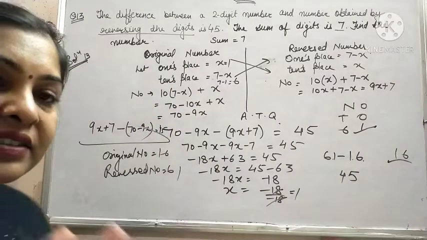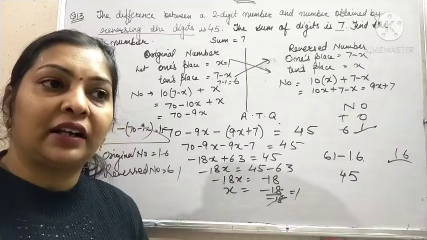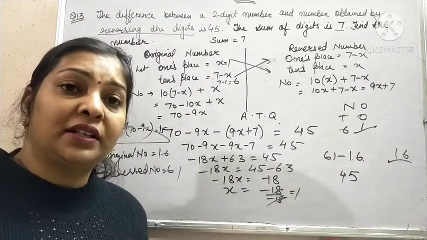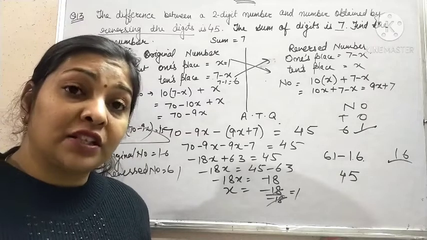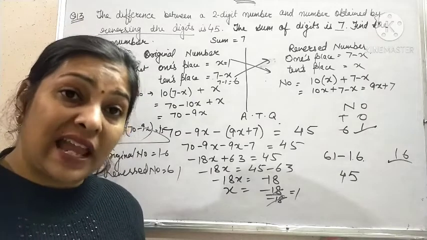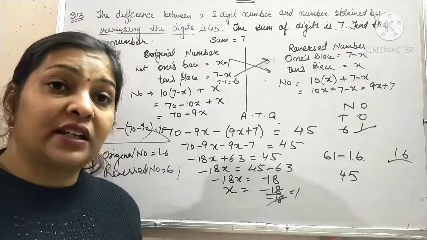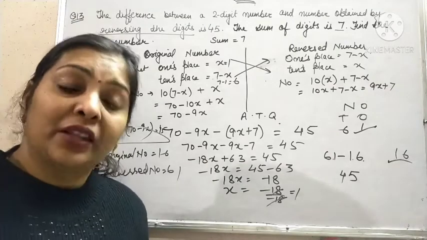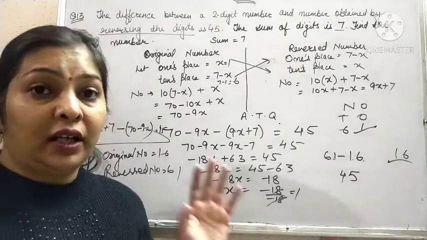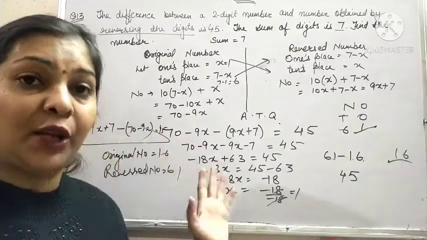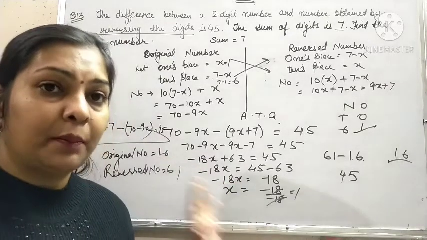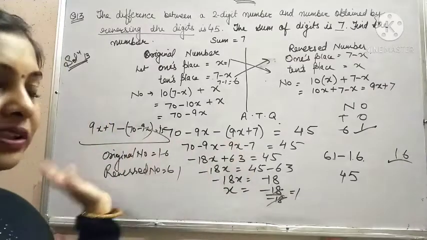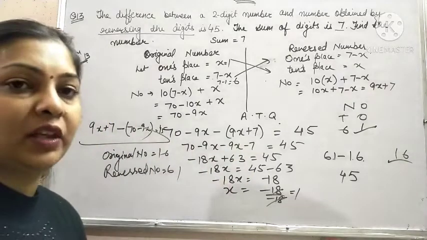But whenever there is a relation between the two numbers, that the original number is greater than the reverse number by 36, or like that on reversing the digits the number obtained is 36 more than or less than the given number, then it depends on what equation you have to use. But here you can use both equations. Your answer will be correct.